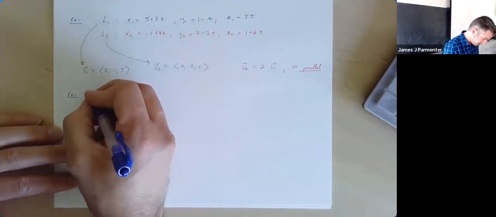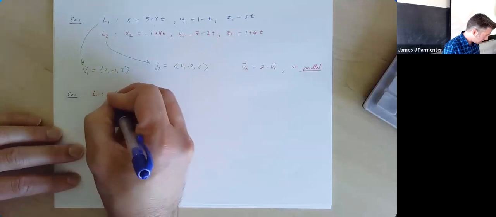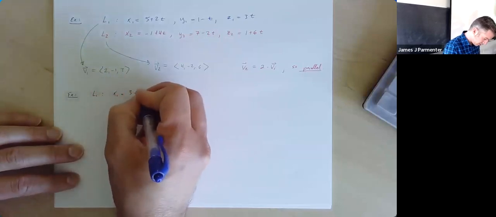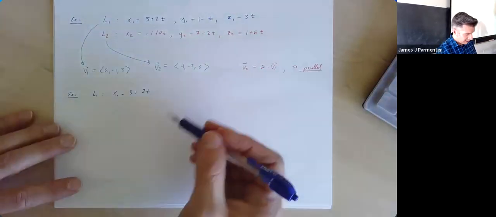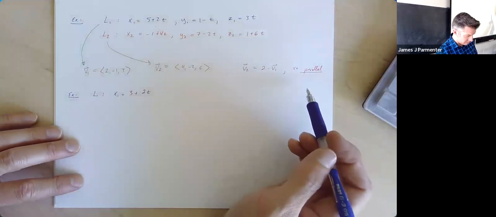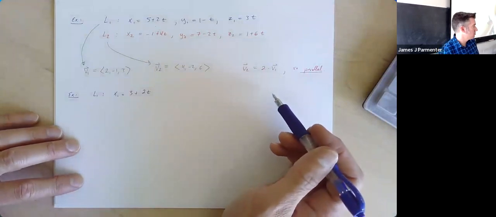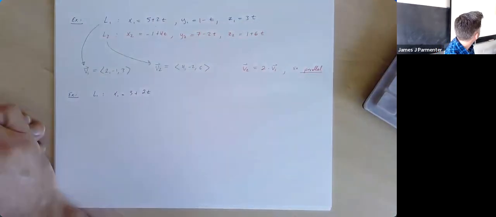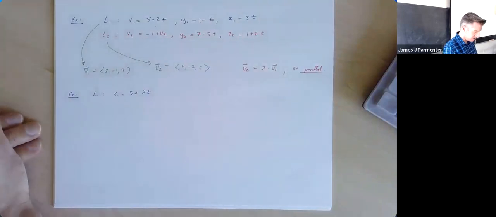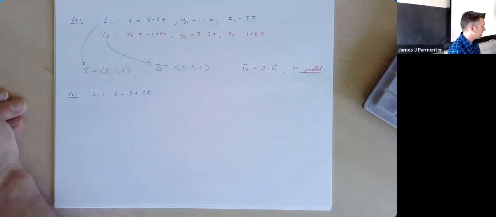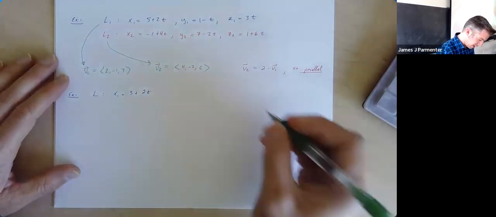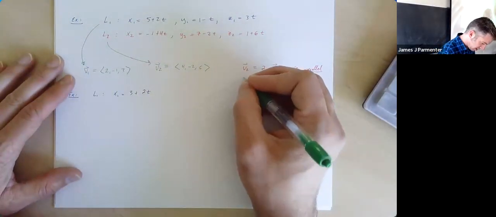So our first line is given by x1 equal to 3 plus 2t. I guess I should back up one second here. How do I know these lines are not the same line? That's a fair question, actually. How would I know they're not the same line? Well, I could check to see if they contain the same point or not. So what I would do, to check if they're the same or not, is